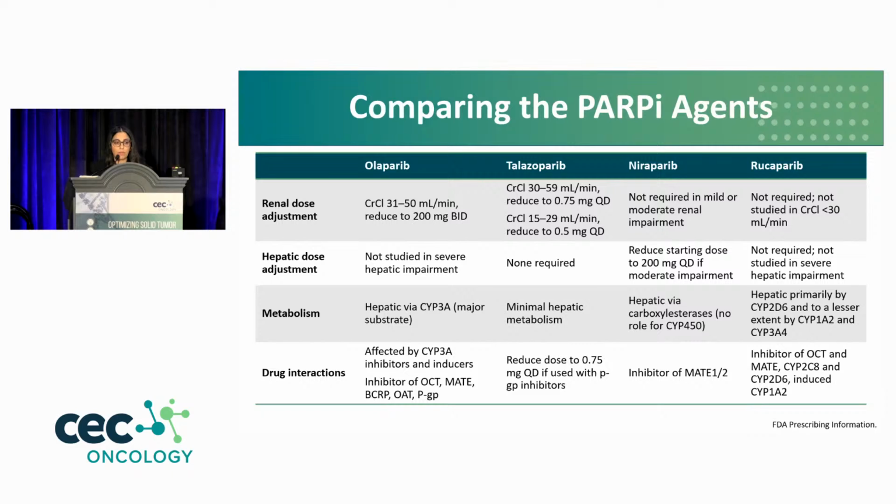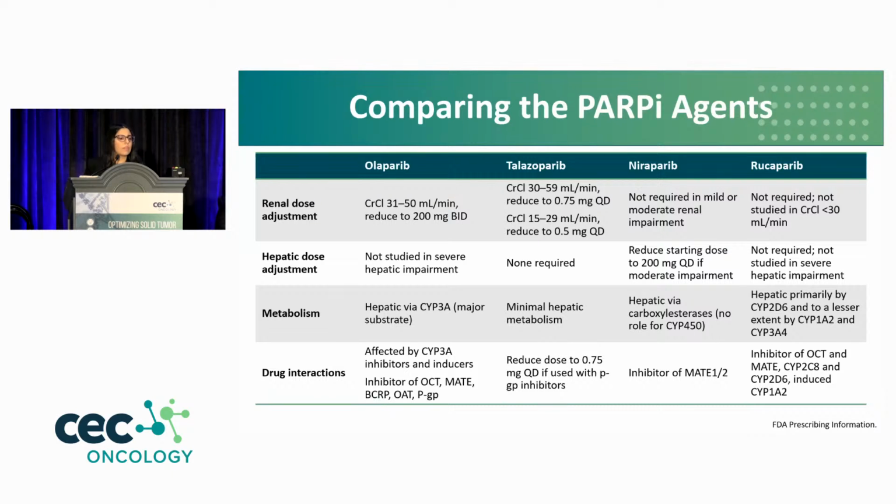And here is a summary of these agents. A few things to mention here is that renal dose adjustment is recommended and actually required for olaparib and talazoparib. Hepatic dose adjustment is only required for niraparib. All of these agents, except for talazoparib, are primarily and extensively hepatically metabolized. Drug interactions are based on how they affect those enzymes and what kind of substrates they are, but there are a lot of drug interactions, especially with all these three agents except for talazoparib. And then